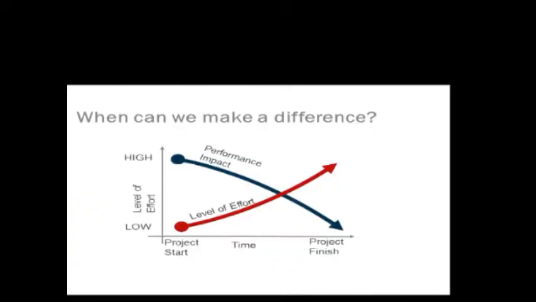So one of the things is, when can we really make this impact on the design process? As you have seen in this chart probably many times, there's less effort in the early design phases and more impact on the design. And as you keep moving toward the end of the project, your impact is going to be less, but you are putting in more effort. So nowadays, what we have been doing in the past is we are somewhere there. So we're putting a lot of effort for nothing, in a way. You are mostly focusing on the system side, but you're not able to optimize your design. So our goal is to move to the left side of this chart.